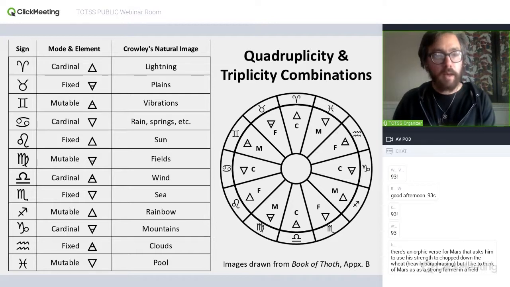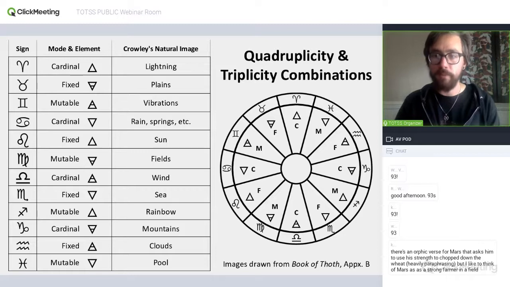And then finally, we have the pool for mutable water, which again maybe is similar to the fields for mutable earth. The idea of a pool as a temporary thing, right? It's something transitory. And if you think about the type of life you find in a pool or a tide pool, that's probably a nice image as well. But again, I think this is just a nice way of thinking about this stuff, and coming up with your own images and thinking through this is a really nice way of accessing these combinations of the qualities, and these three modes of expression for each of the elements.